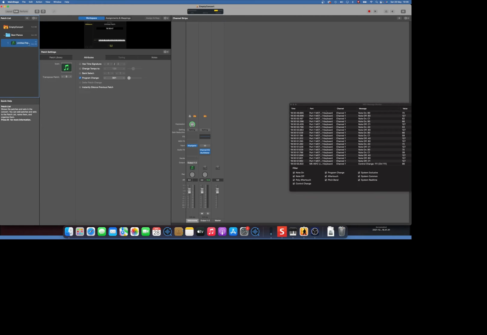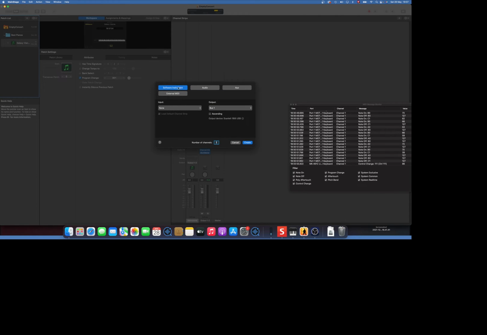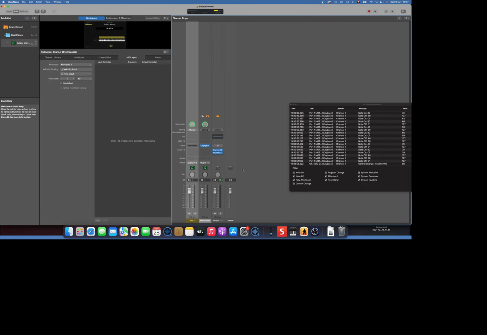Right, so okay, now obviously I have created a patch, so let's say that this is my Galaxy Vienna, and for that I will create here a new software instrument, and let's say for the moment, for sake of simplicity, I will use output 1 and create one. Okay, so I'm creating now a new patch with a new channel strip as an instrument,